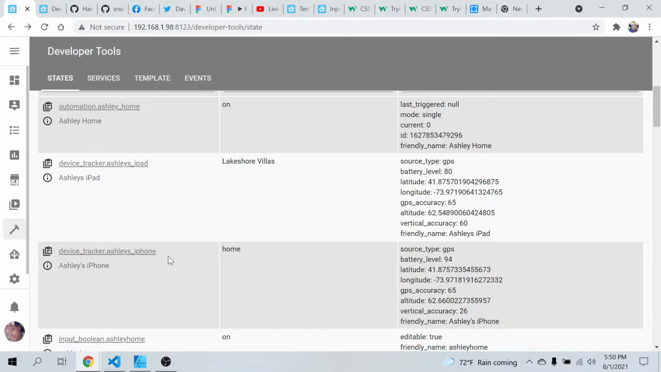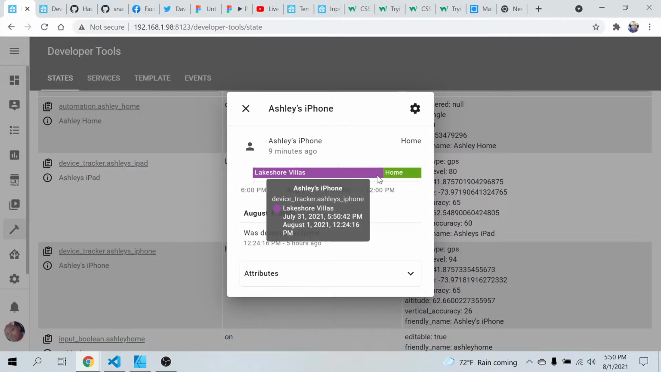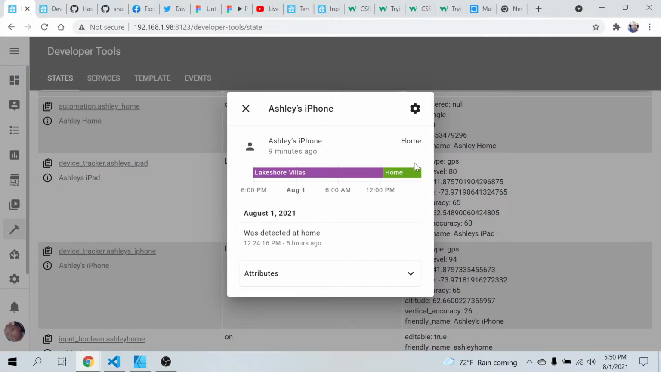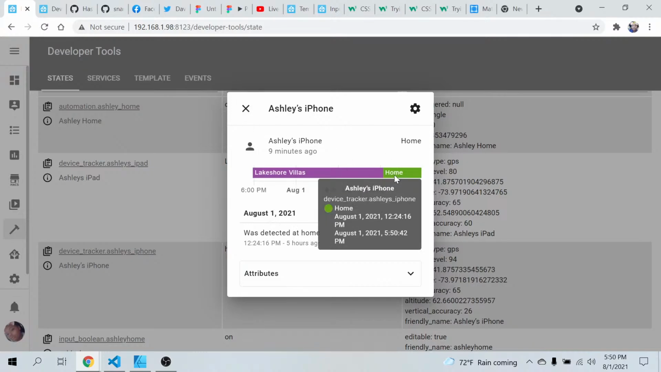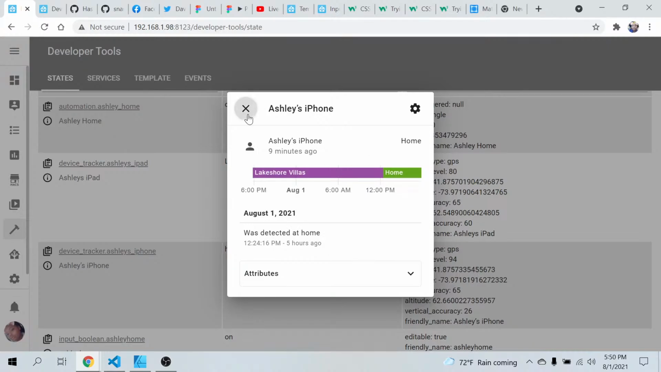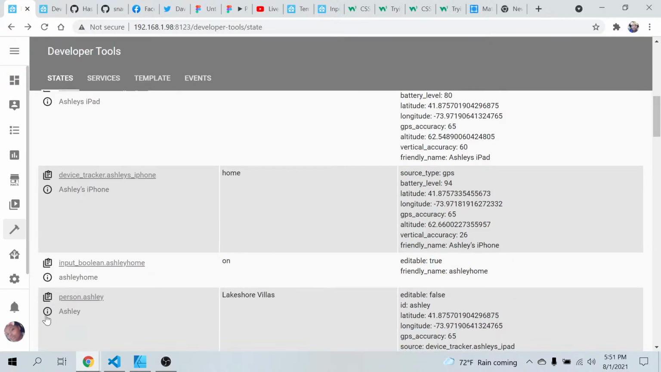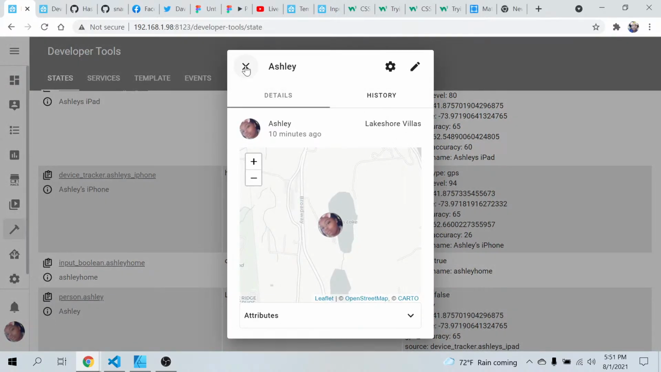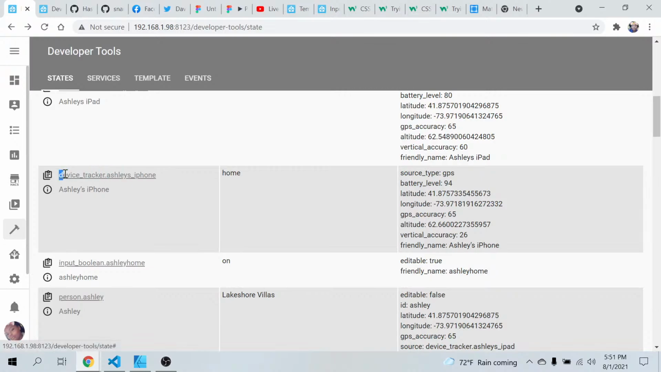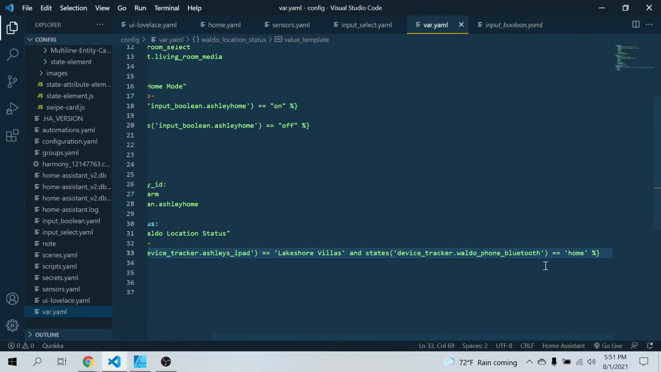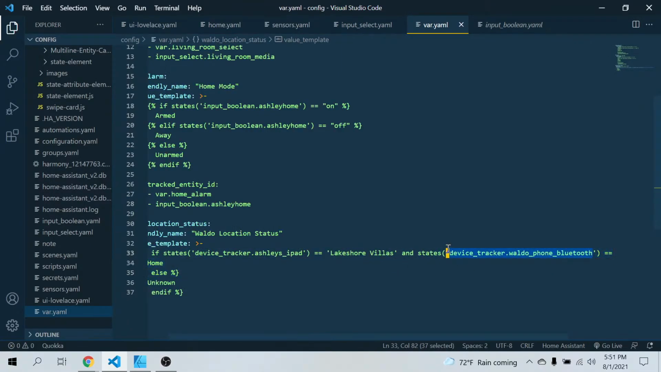Let's see. This one's finicky because I go back and forth between being home and not necessarily being home, because I live at this location, so it's the same thing. But for the sake of this,